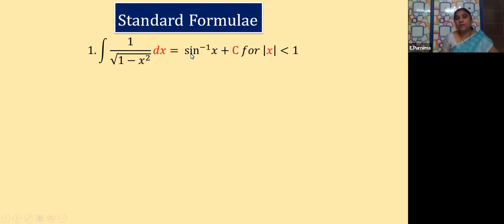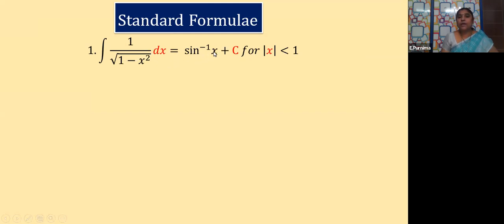See children, formulas are very, very important. You have to learn them thoroughly. Until and unless you are thorough with the formulas, you cannot solve the sums. It is very, very important to learn the formulas, children. Always keep writing. Writing gives you thorough practice, and the more times you write the formulas, the more thorough you will be with them. Clear? So be ready with your pen. I hope you already have a pen and book with you. So let us move on to the formulas, children.